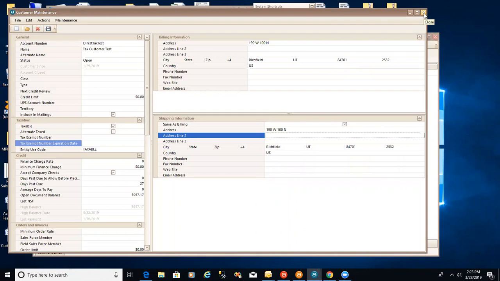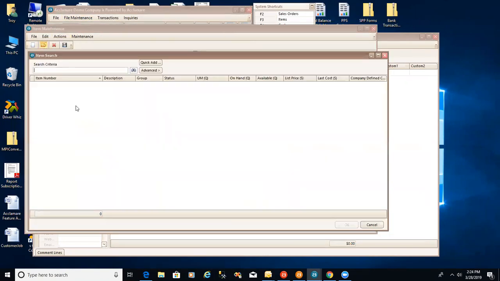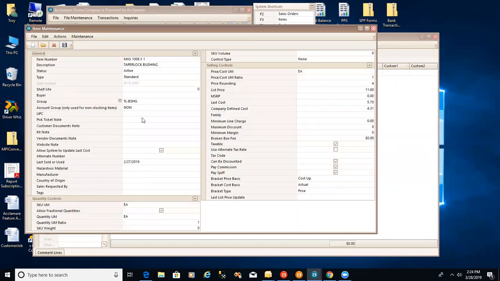All right, and then at the item level, we've added a new field. So all items now, let's just throw in some generic item here. Let's grab one. So this item right now, there's a new feature in here, right here, where you can put in the item's tax code. So you can see that that little flyover says the tax code is only used for Avalara tax calculation integration. So if you do not provide one, then the system assumes